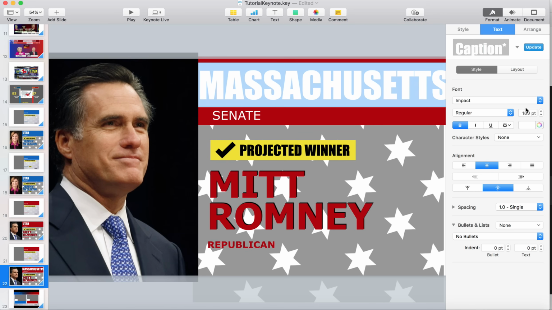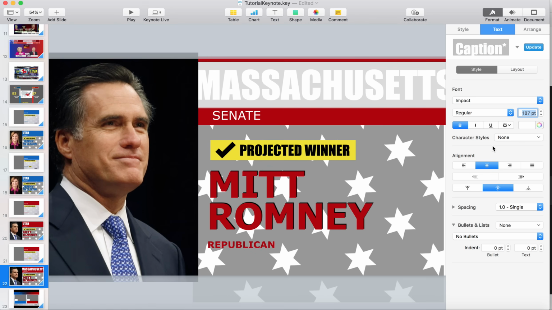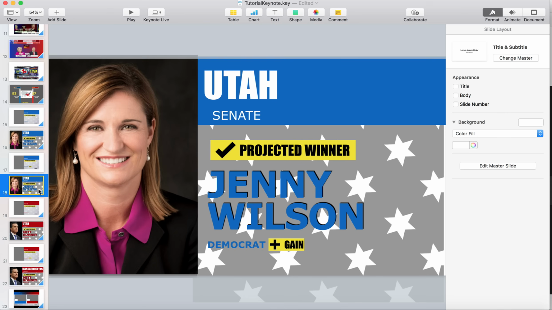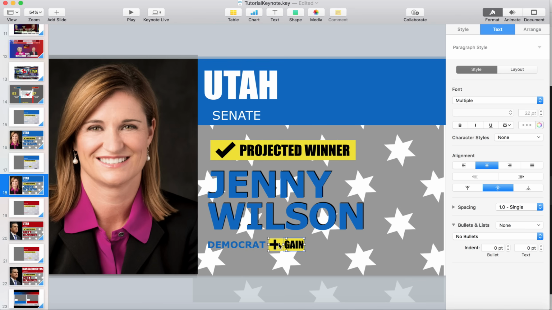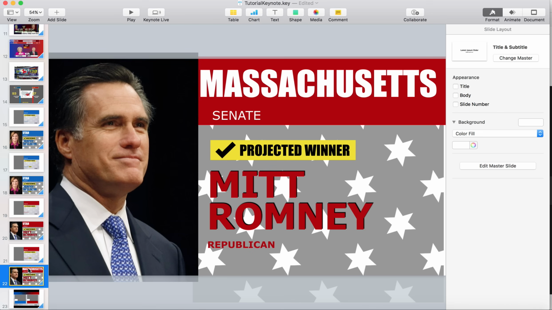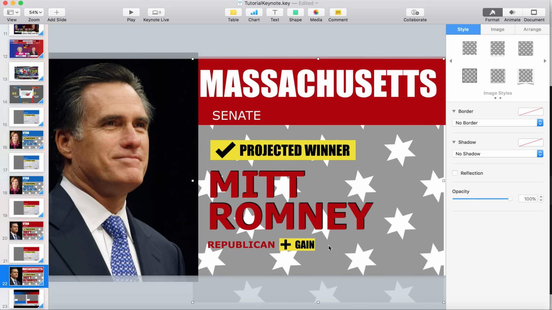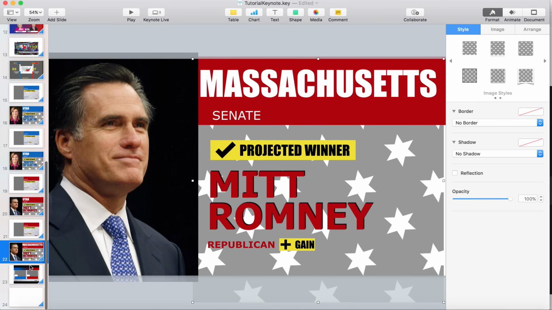That font's a little too big, so we're going to try to make it 170. If the fonts are too big, you can just change the font sizes. It doesn't really matter. And then just copy and paste the gain that you made with the Democrats. Move it over just a tad so it makes sense. I didn't make a gain one for my Senate prediction because I didn't think that the Republicans would gain in any seats. So there we have it, and now we're just going to finish this up with the too close